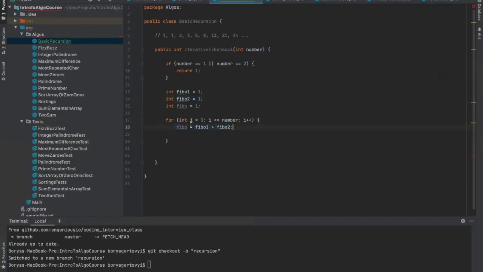So Fibo is Fibo1 plus Fibo2, right? And now if we are counting the third one, we say that Fibo is Fibo1 plus Fibo2. So now we need to move Fibo1 to Fibo2 and Fibo2 to Fibo, right? So just move those two. Basically,